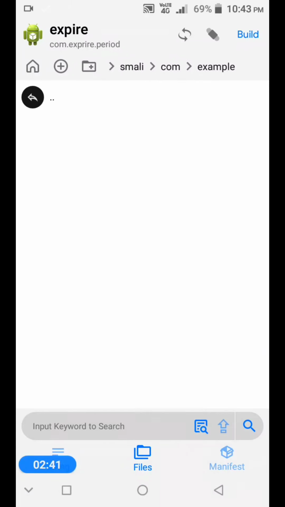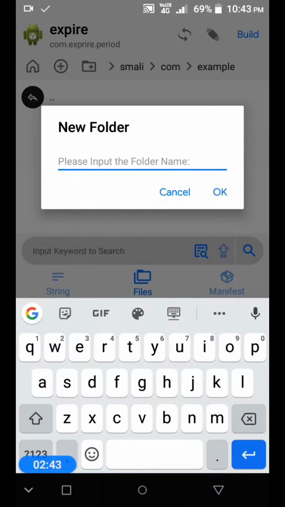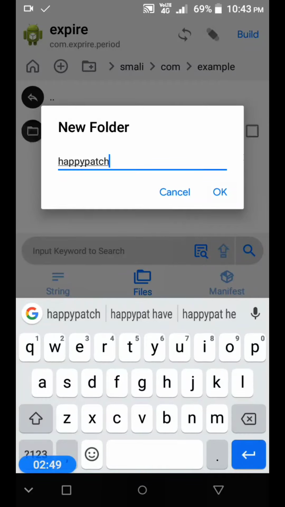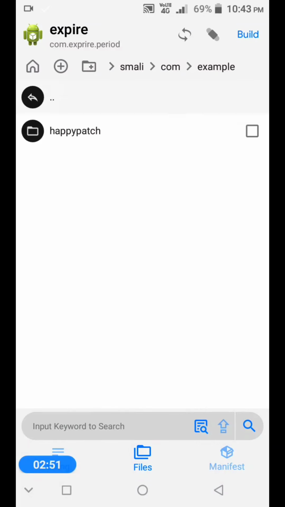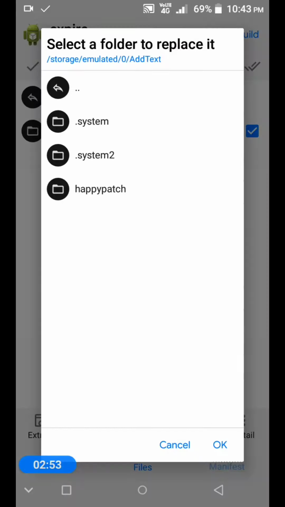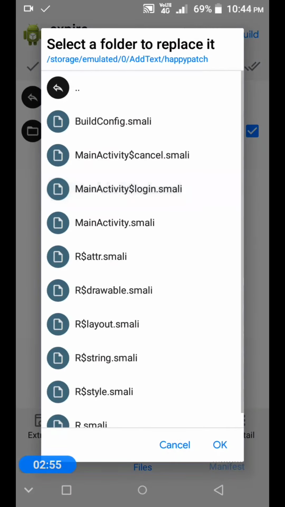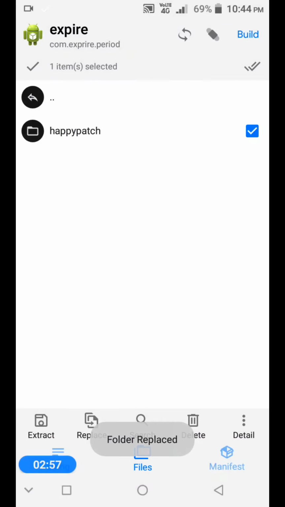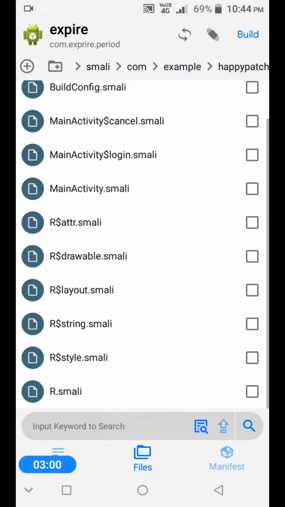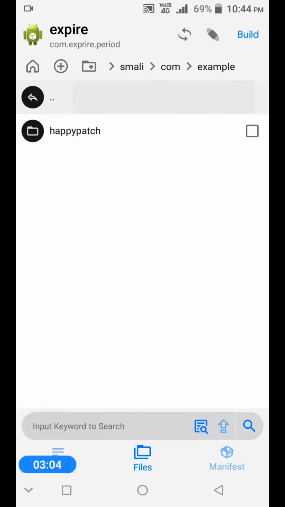Inside example we have another folder called Happy Patch. So Happy Patch is created here. Now let's replace this folder with the Happy Patch folder. Now all the login files have been transferred to this app.